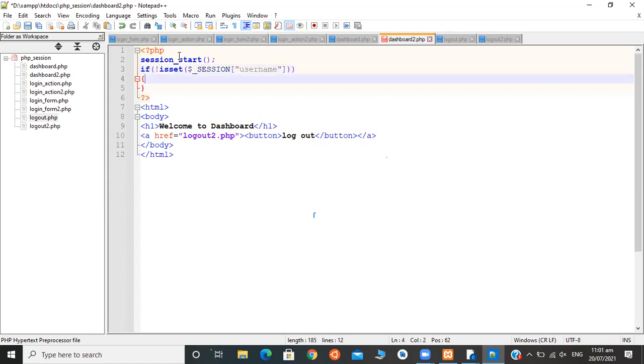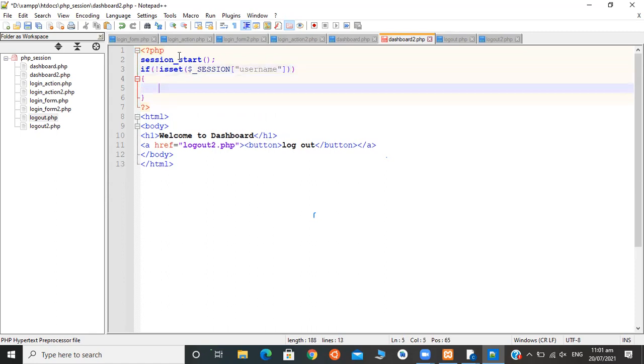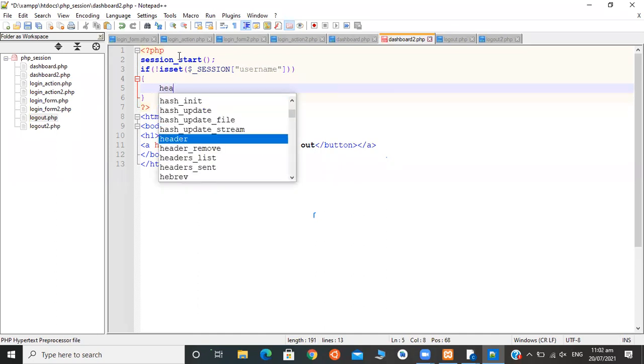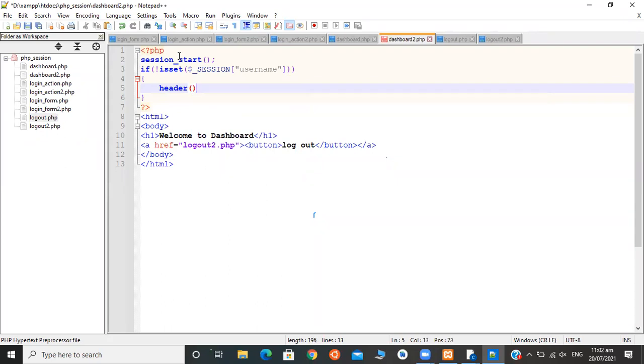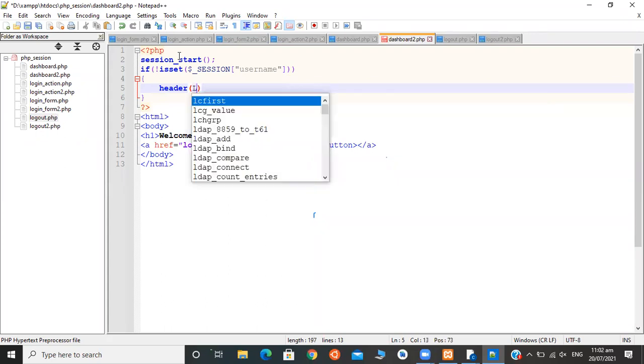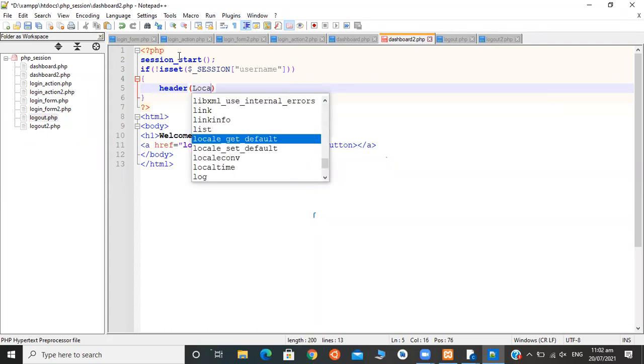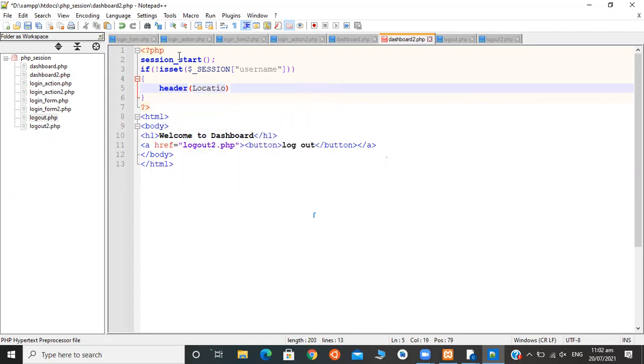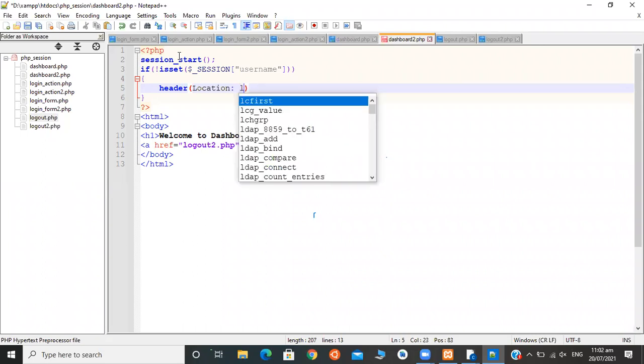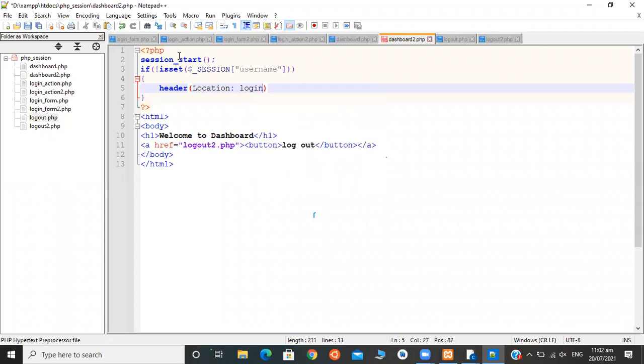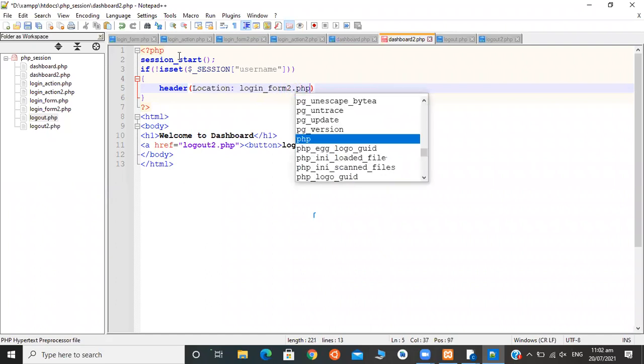If it is not set, then we can redirect to header location login_form2.php.